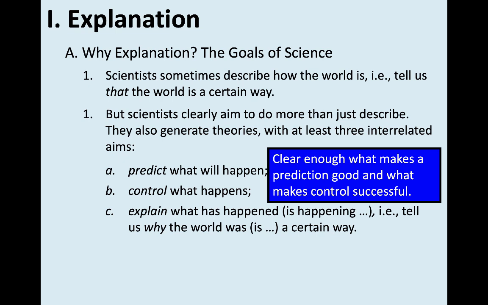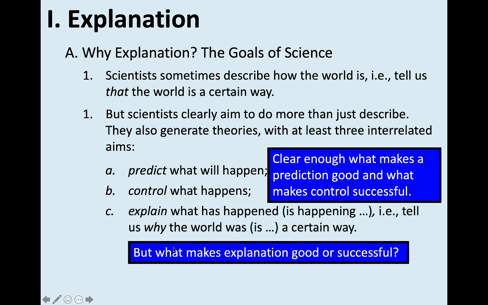So I just want you to be aware that although you can talk about a theory predicting an observation in a way that's atemporal, where it doesn't matter whether the observation has occurred or not, theories that predict observations before they occur, and that explicitly are said to predict those observations before they occur, should score some extra points. But let's just set that aside, because here we're not talking so much about prediction as we are about explanation. And let's ask, what makes an explanation good or successful?